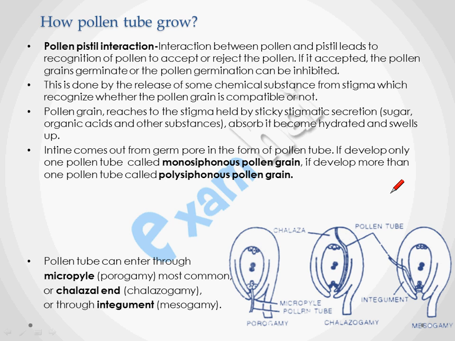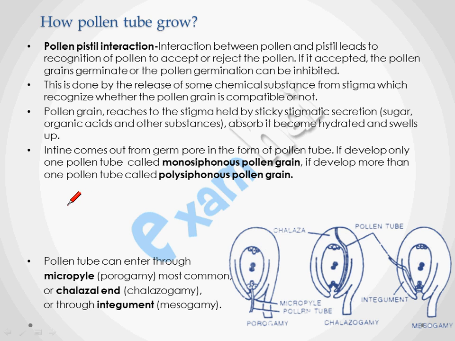As we have discussed in our previous video about pollination, the various modes of pollination, and how the pollen grain is transferred from the anther to the stigma, now we are going to discuss how the pollen tube grows. To understand this topic, we first have to understand the pollen and pistil interaction, which leads to recognition of the pollen, to accept or reject the pollen. We will discuss this by